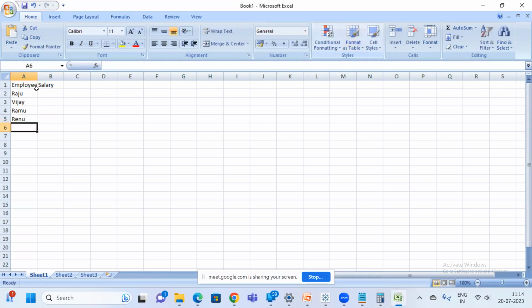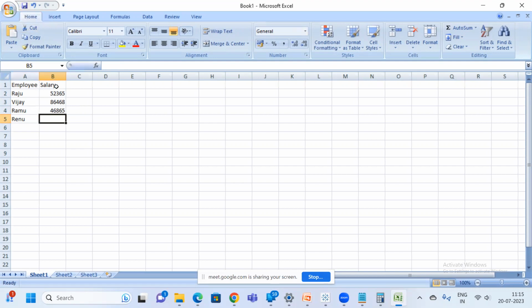Okay, so these are the names that I have. So 50, so I'll enter some salary like this. Okay, so for Renu, I will not enter any value. So now let's see how we can handle that. And so this is for measures. So there will be certain standards to how to handle the nulls in measures